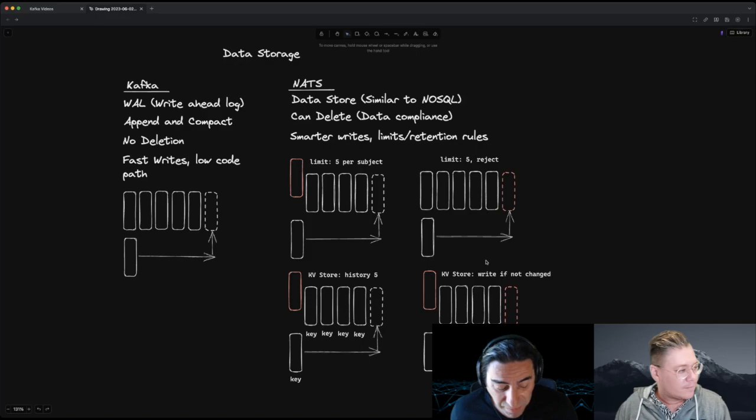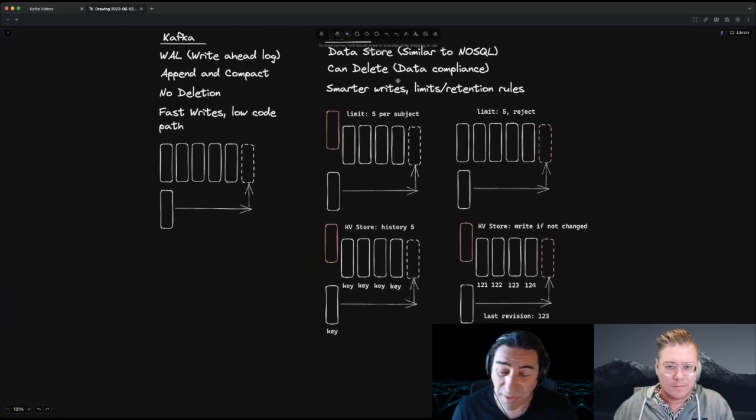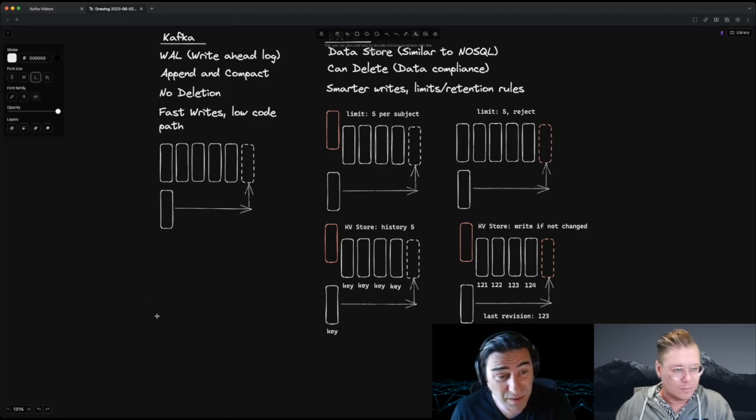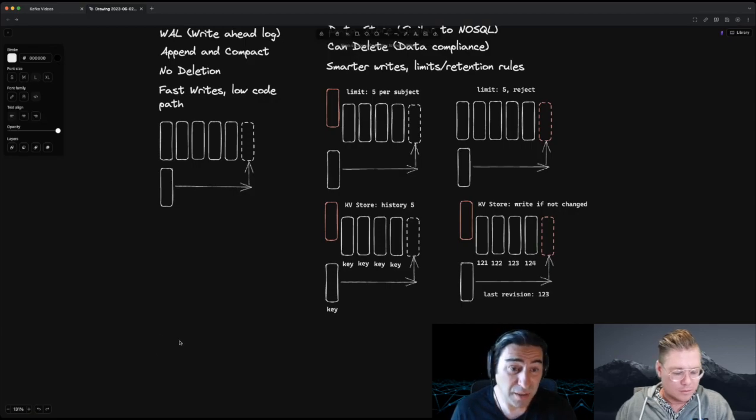You can have limits per subject, per message, size of message, amount of time. There's a bunch of things like that. You can do deletes of individual messages, and you can have CRUD operations, including update to control concurrency access control,